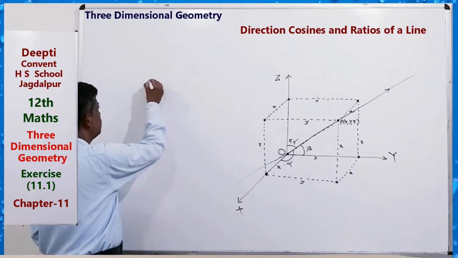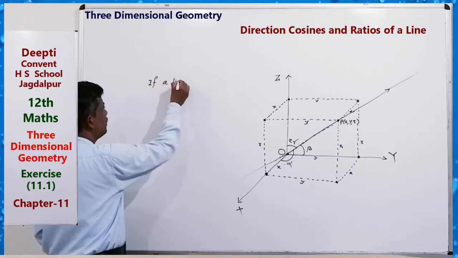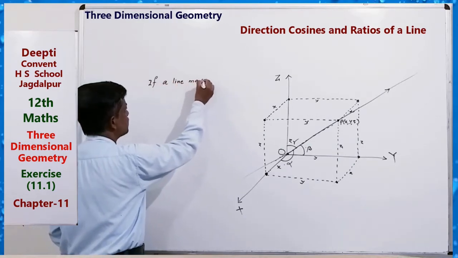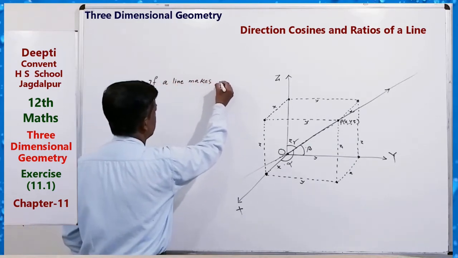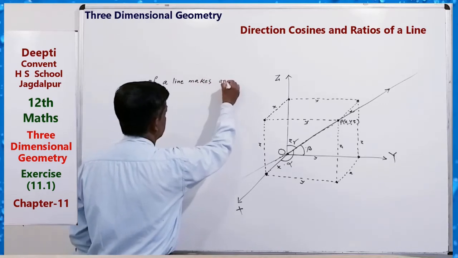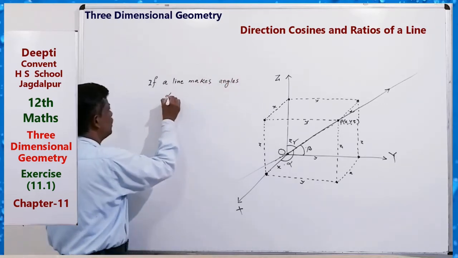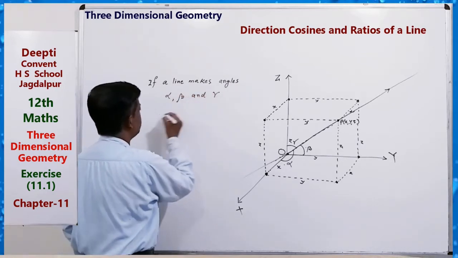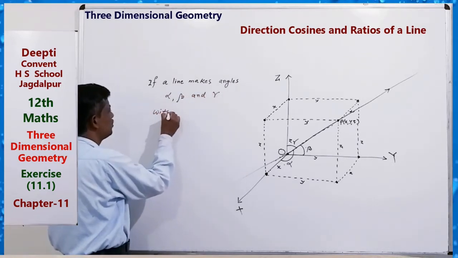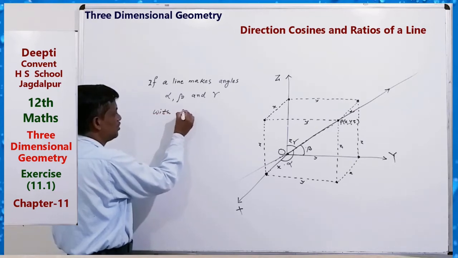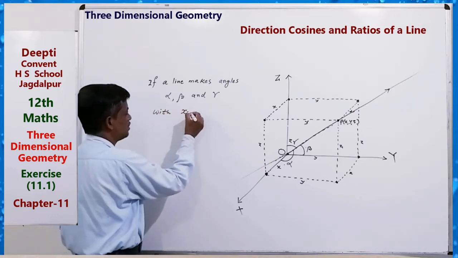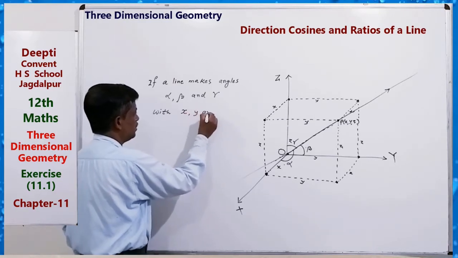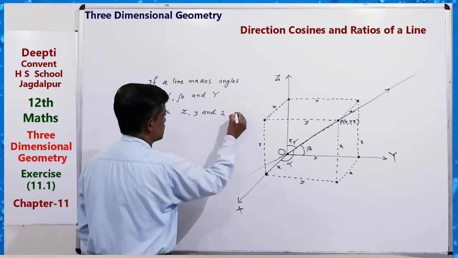Then if a line makes angles alpha, beta and gamma with the x, y and z axis,